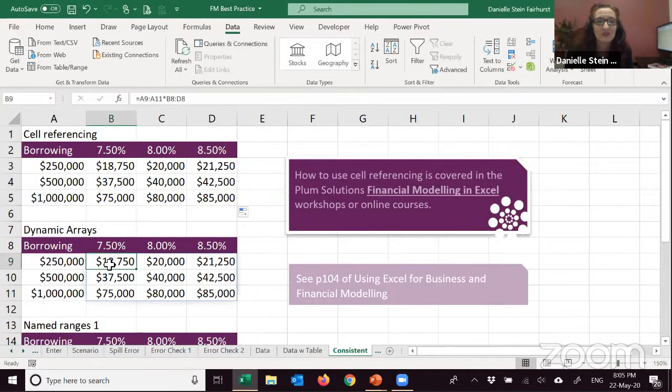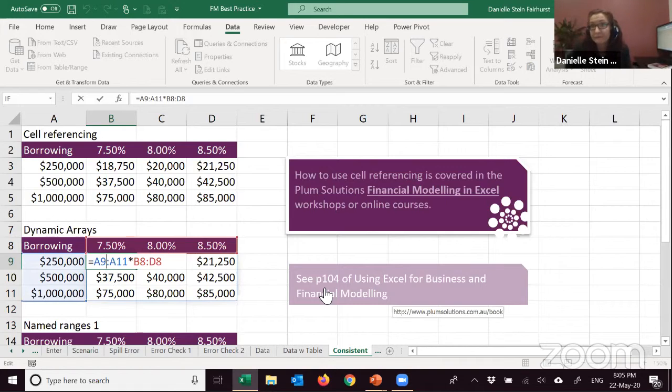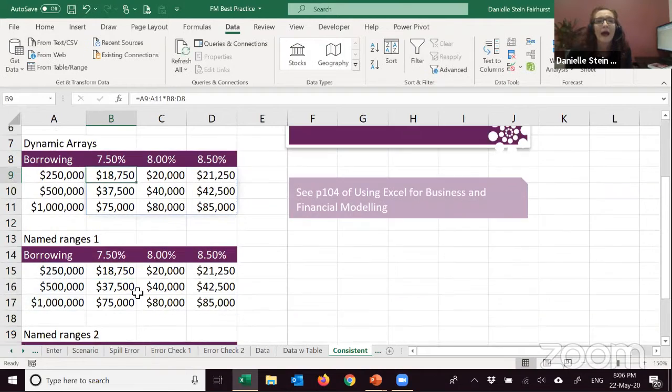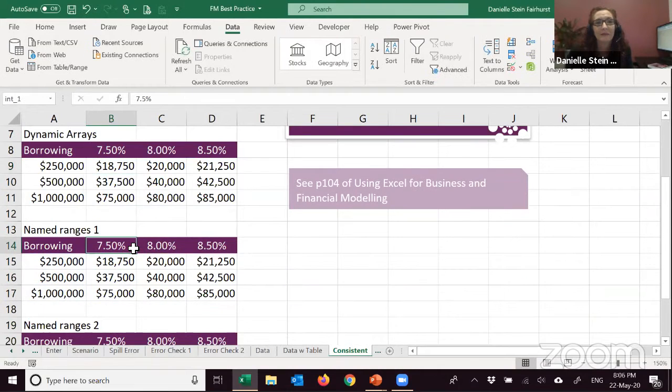If you did want to do that same technique, you can do it with dynamic arrays. One of the things I do like about these new dynamic arrays is that they are consistent. They are basically forcing you to be consistent, which is quite helpful. If you do want to use named ranges, you can see I've created a named range here.